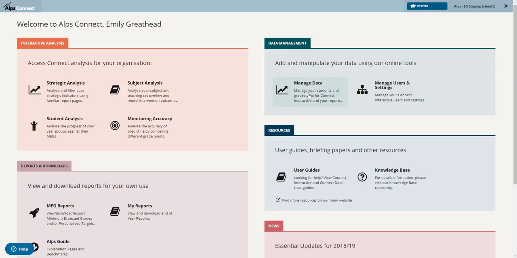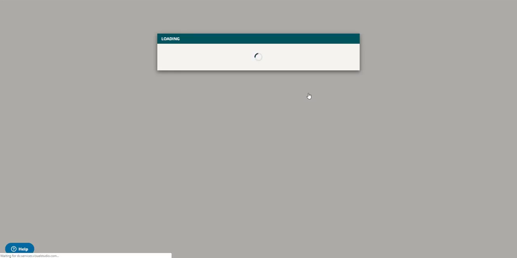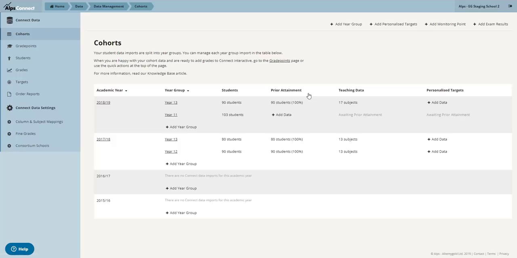Now the most significant changes we have made to the system this year have been to connect data, and our updates are really designed to make the system easy to use and make all of the actions that you need to take intuitive. So if we click into connect data, then the screen that I land on is the cohort